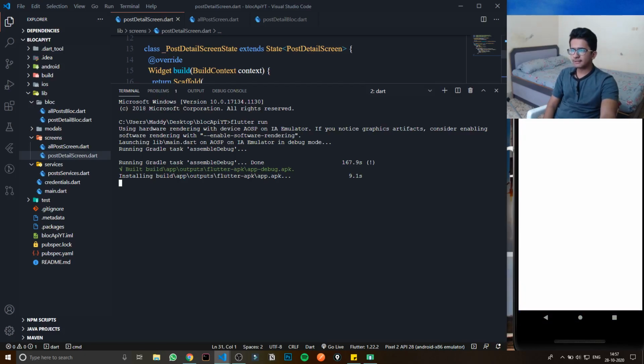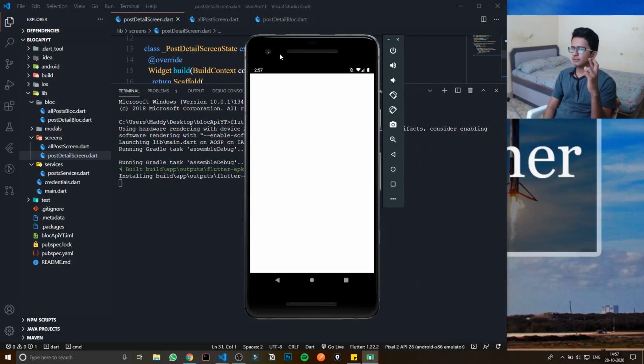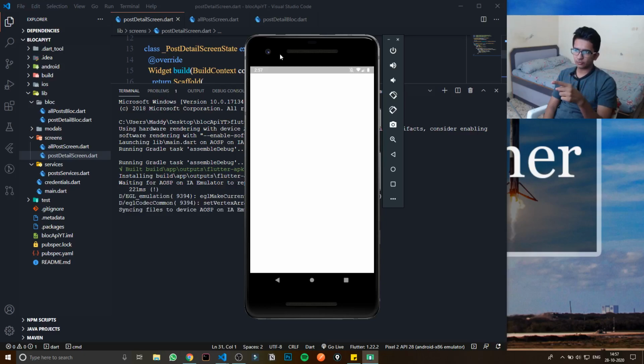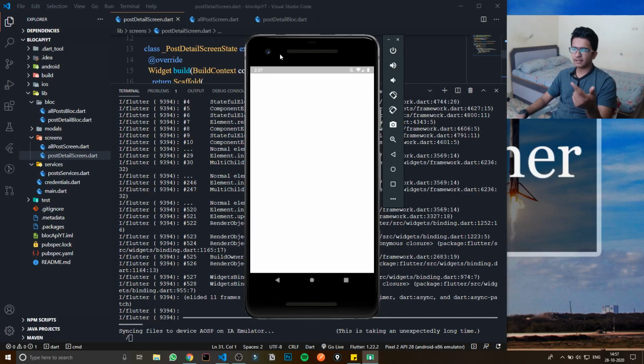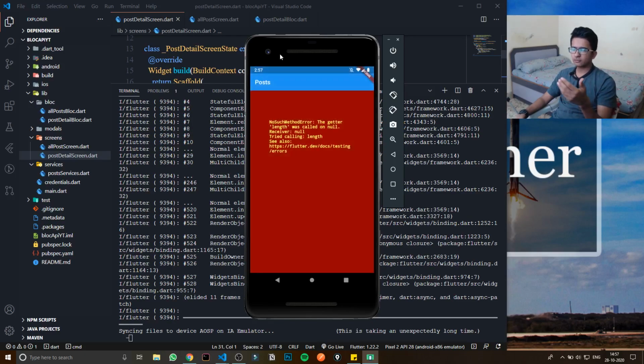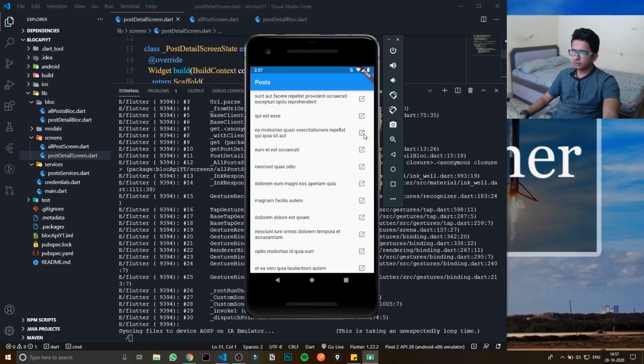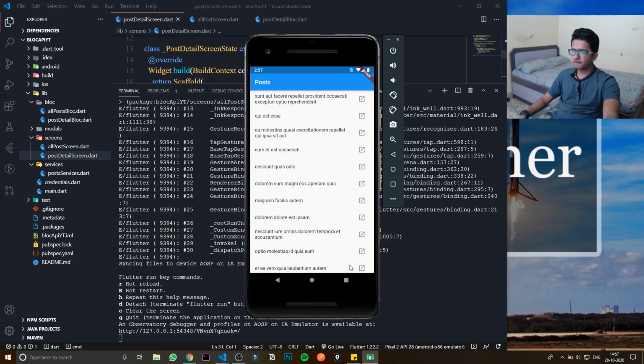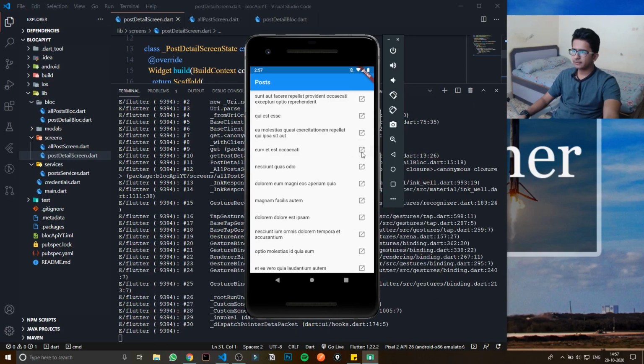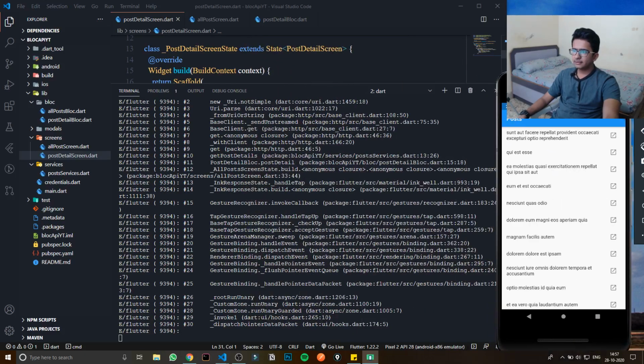Okay, it's running now. Let's see. Fingers crossed. Hopefully it will work. While it's running, it will show one error, right? Because at first there is one error, and then the data gets loaded. So instead of that error, we can show the loading icon, that loading animation. Okay, let's try. If I click, is it going to the next page? Oh, it's showing one error.